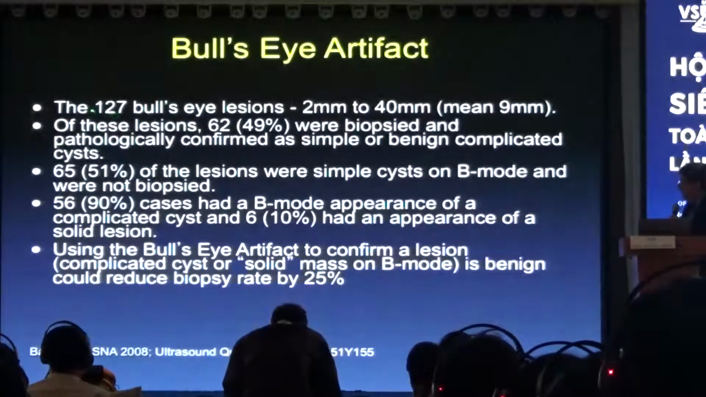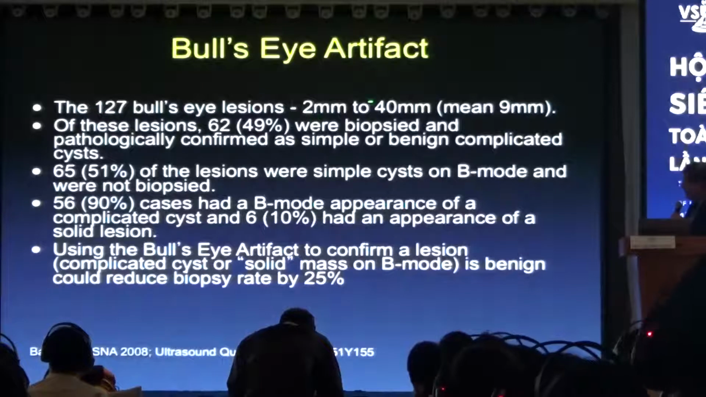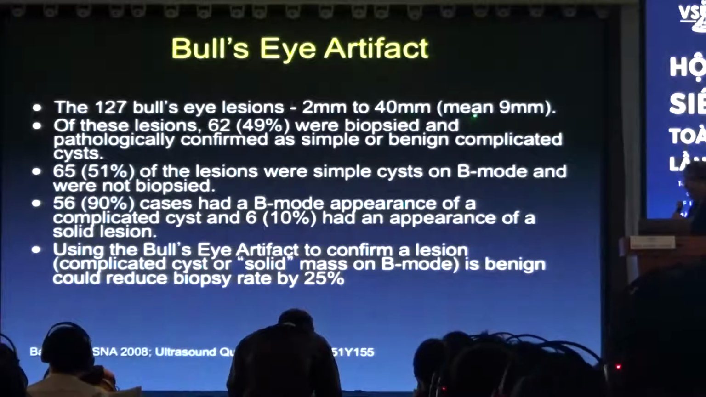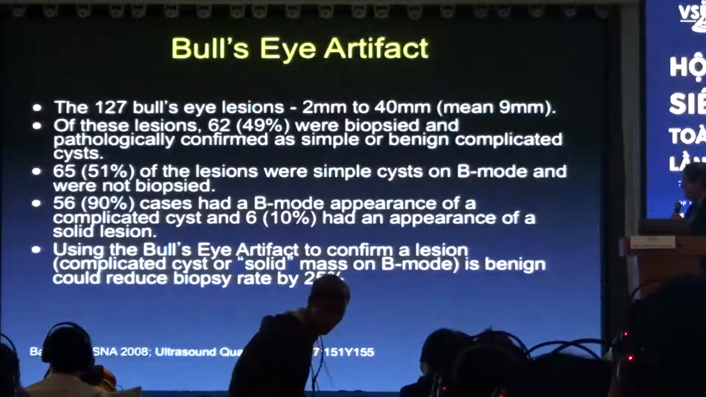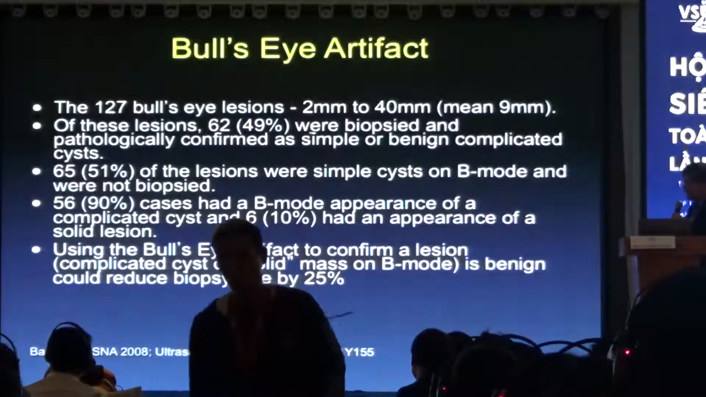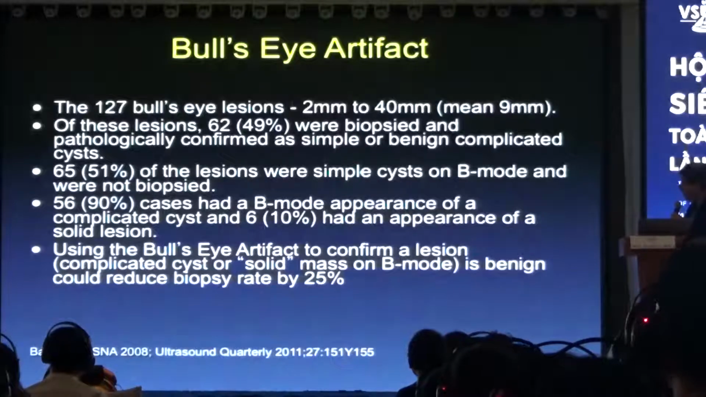And when we looked at 127 of these consecutive lesions, measuring from 2 millimeters to 4 centimeters, an average of about 1 centimeter. And of these, about half were biopsied and confirmed as simple or benign cysts. And the other half were simple cysts just based on B mode. There were no internal echoes and had through transmission and a very thin wall. And if we look,